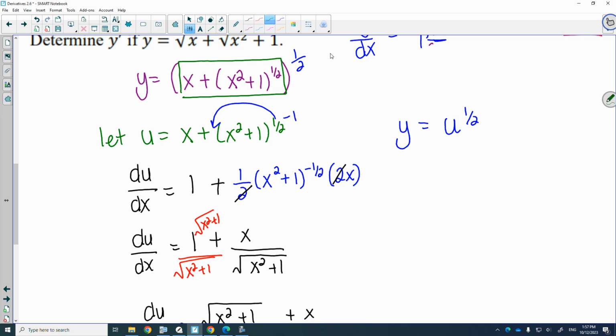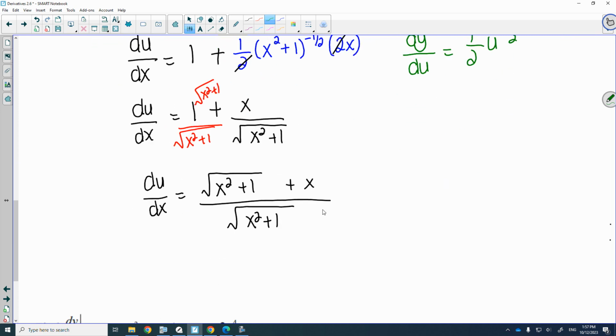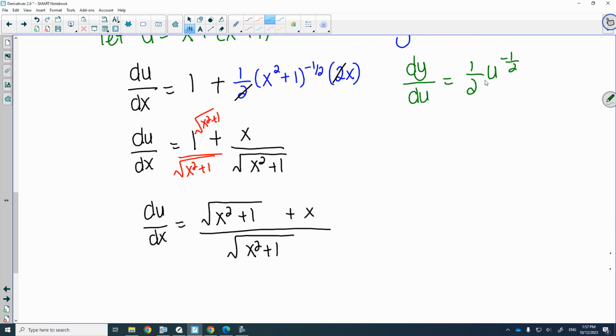Owen, tell me how I'd write the derivative of y here. But first, d what? Yep, equals. Okay. So my overall derivative is this function multiplied by this function. So dy dx